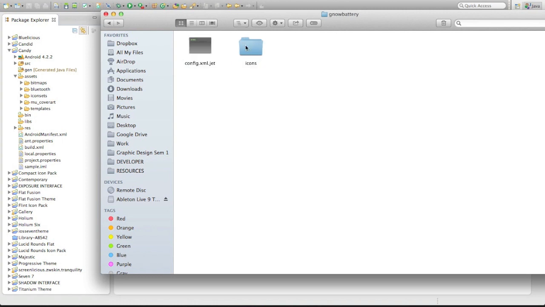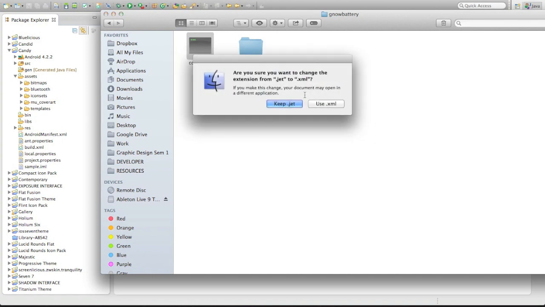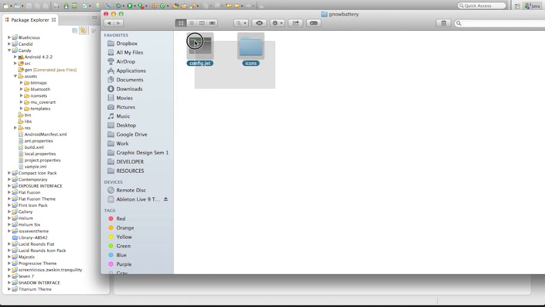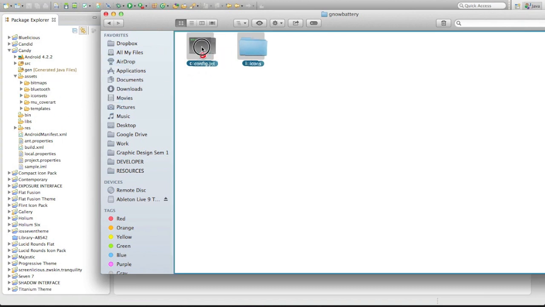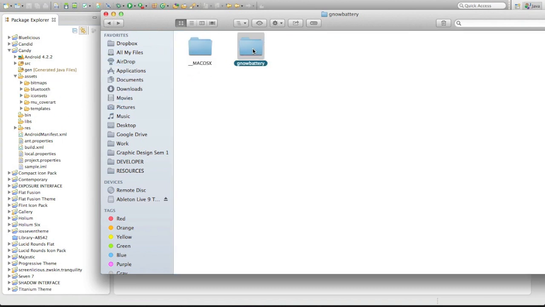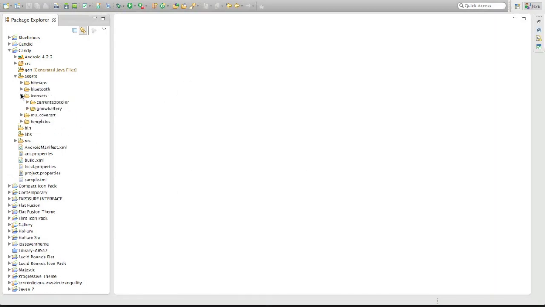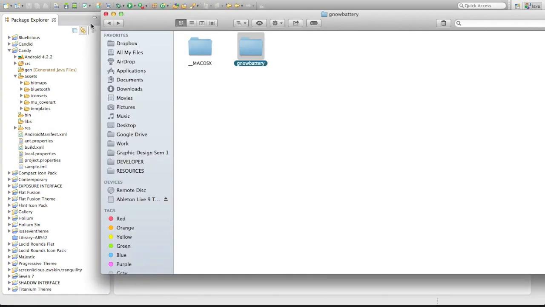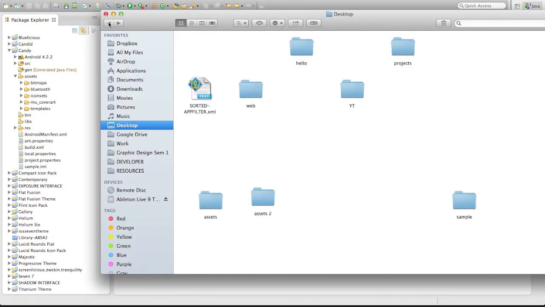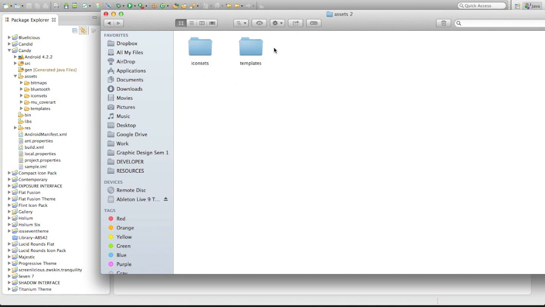So you go here, you rename this, and you just select these, you go one folder back, you drag this folder into your icon sets. Okay, and you have icon sets there, and you go back to your assets, and your second assets folder, you go to your templates, you rename this,